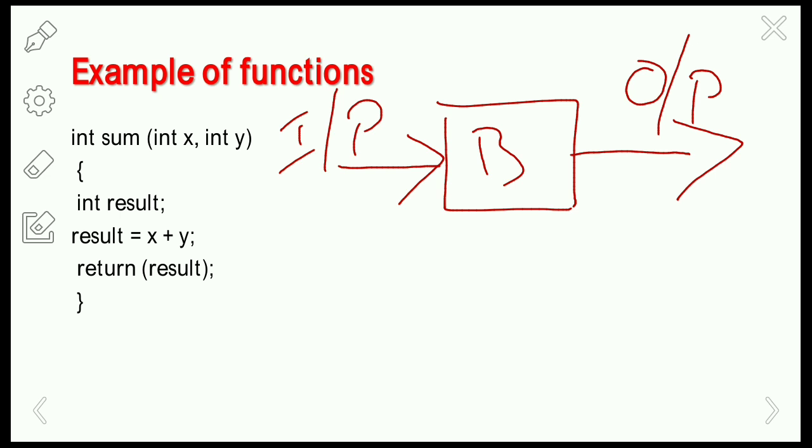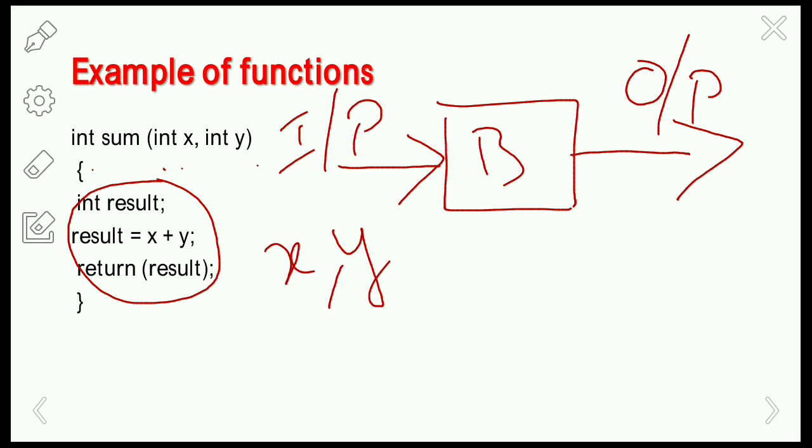So for the function, we are giving the input x and y as variables, and we want to perform the task. If we execute this set of statements, we will get the result as the sum of the two variables, right? So we are giving the input x and y to the black box. After that, the sum of two variables will be done internally in the black box using certain inbuilt functions and user defined functions. After that, it will produce the output, that is the sum of x and y. Like this, functions will work as a black box.